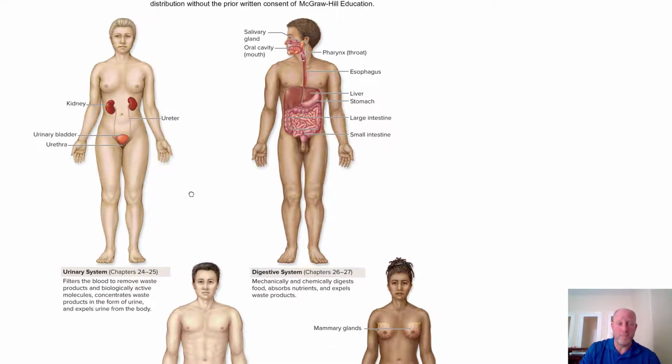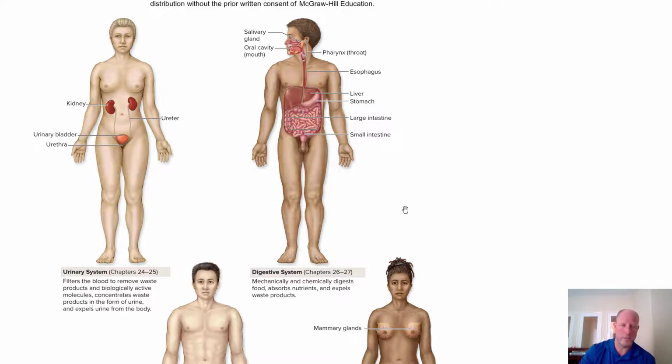The digestive system, referring to the beginning, when you take in food, the salivary glands play a role, then the oral cavity, the pharynx down to the throat, to the esophagus, and then the liver, stomach, large intestine, and small intestine. You should understand the basic breakdown here. You'll do that in the lab a little bit as well, but you should have that basic recognition at this point at least. And we're talking about the mechanical and chemical breakdown of food,